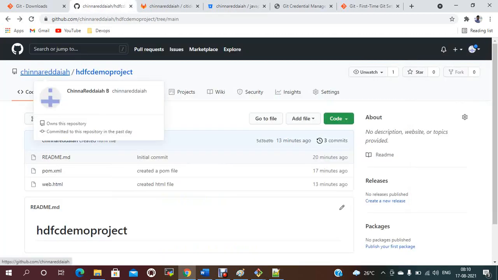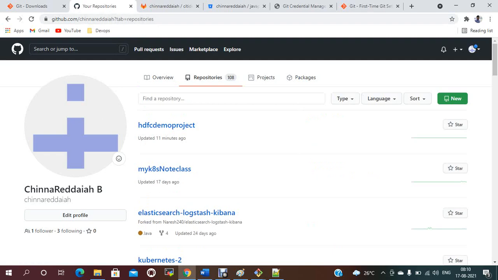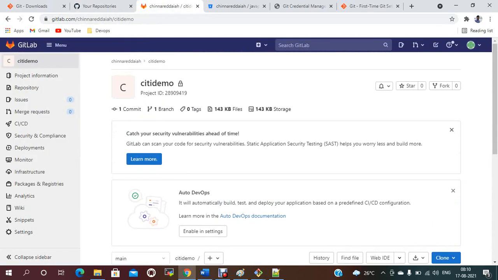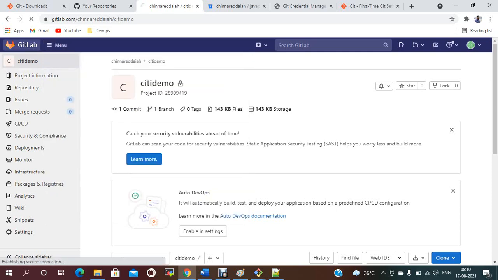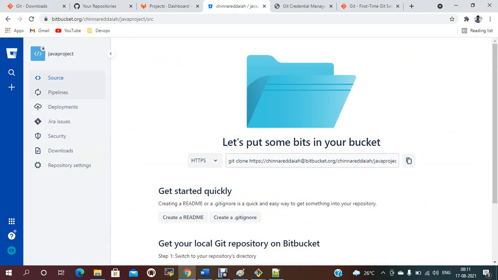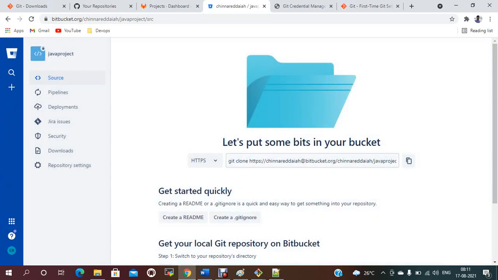So I have many repositories. See, you can track your repositories here. So these many repositories I have created. Even in this one, if you go to the menu, you can create users and everything under GitLab. In GitLab these are the repositories. Bitbucket I just created, so I don't have any repositories. So currently only this one repository should be available. So we are unable to push the changes into Bitbucket. We will see this in detail.